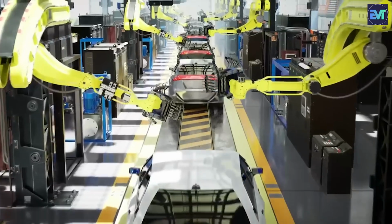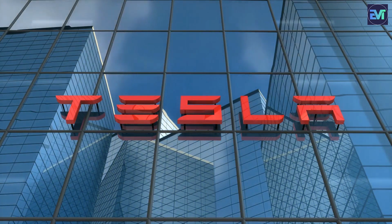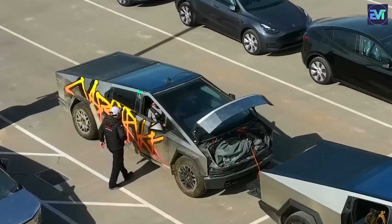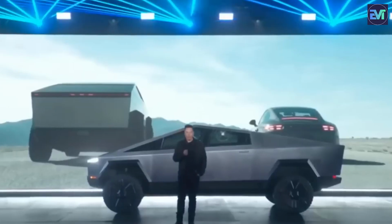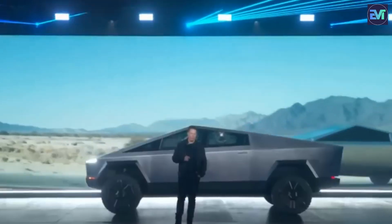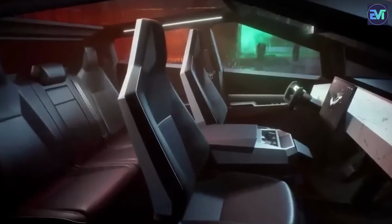In the ever-evolving landscape of electric vehicles, Elon Musk recently took center stage to reveal a host of exciting updates for the much-anticipated Tesla Cybertruck. Musk, known for his flair for theatrics, kicked off with a jaw-dropping demonstration showcasing the Cybertruck's enhanced durability. The once cracked window is now history, thanks to an improved exoskeleton material that makes the Cybertruck even more resistant